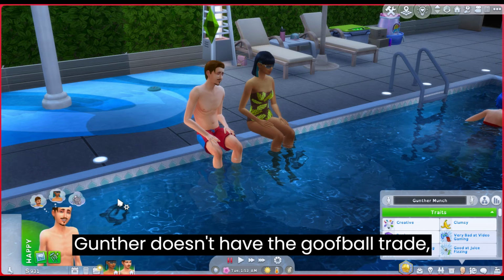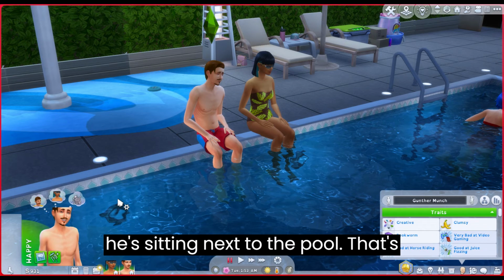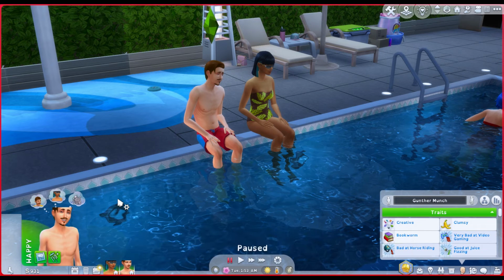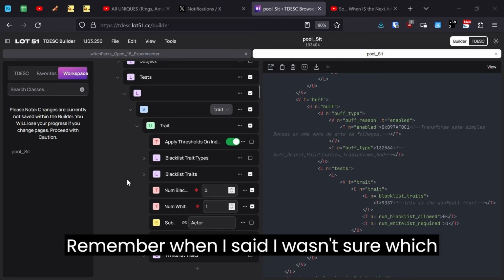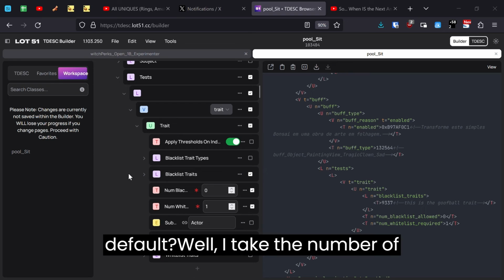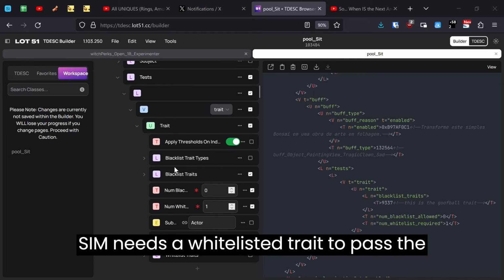Gunther doesn't have the goofball trait, and the buff isn't applying even though he's sitting next to the pool. That's because at one point in this tutorial, I ticked a box that didn't need to be ticked. Remember when I said I wasn't sure which of these boxes was and wasn't ticked by default? Well, I ticked the number of whitelists required,